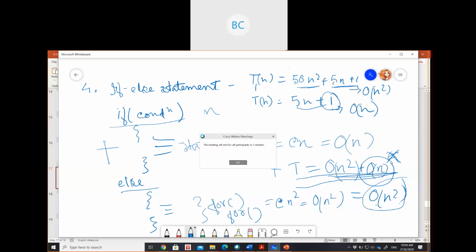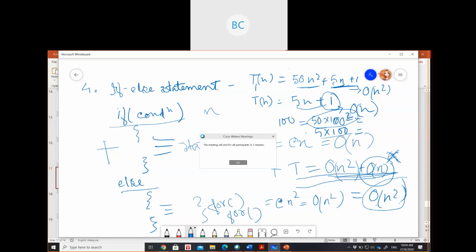See, suppose your input size is 100. In this term, what will be the total complexity? 4 into 100 square. Then for this term, it will be 5 into 100. Which will take more time, O(n square) or normal n? Of course, this part, right? Because it is just doubling your time.